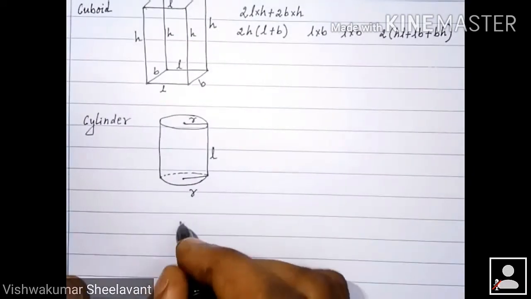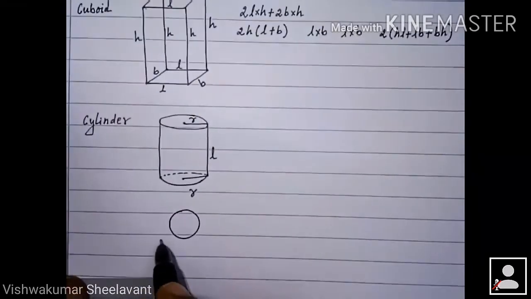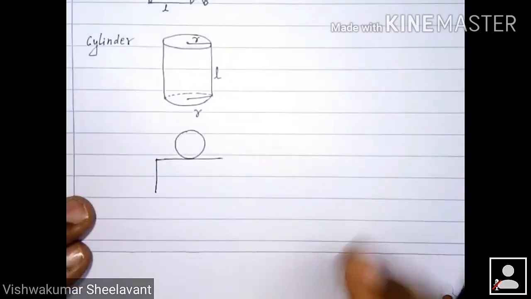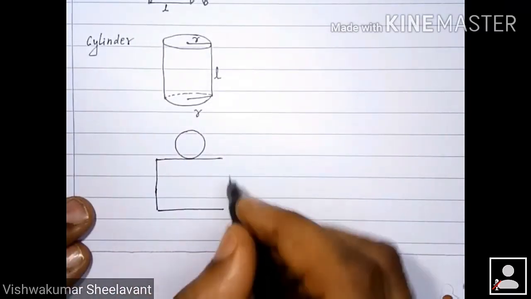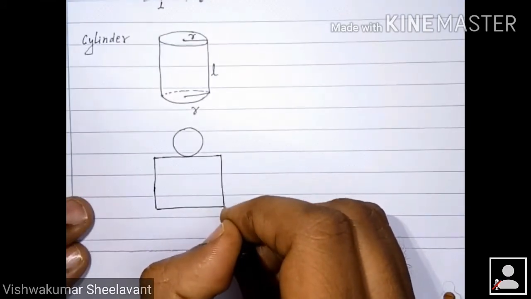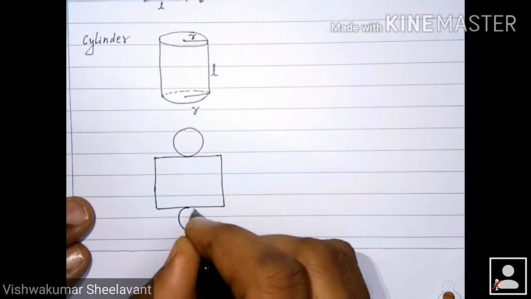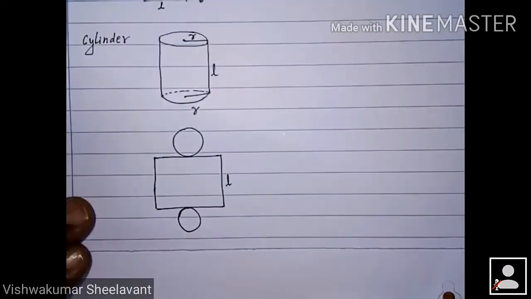It looks like this. If you cut open the body of cylinder, it will have two circles, one at the top and other one is at the base, and this will be length,